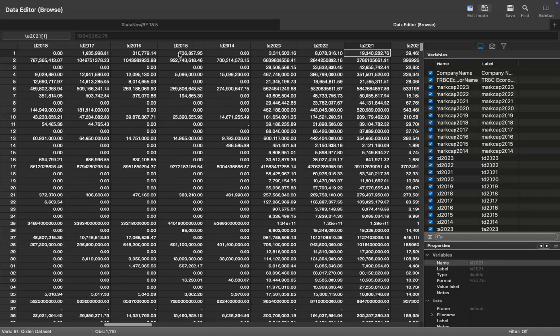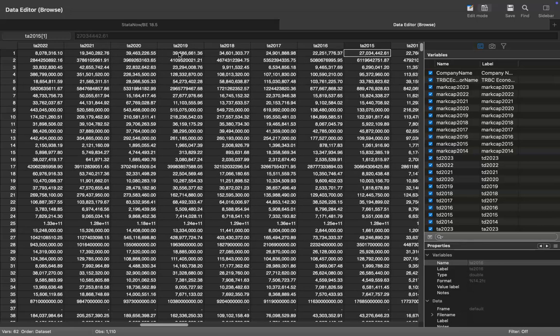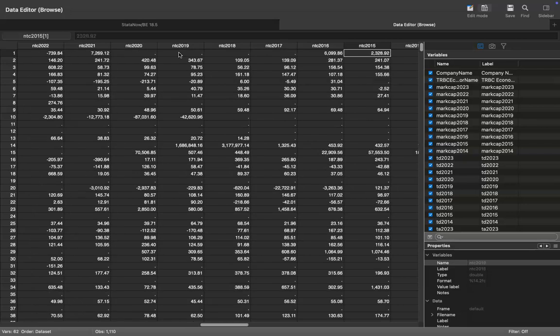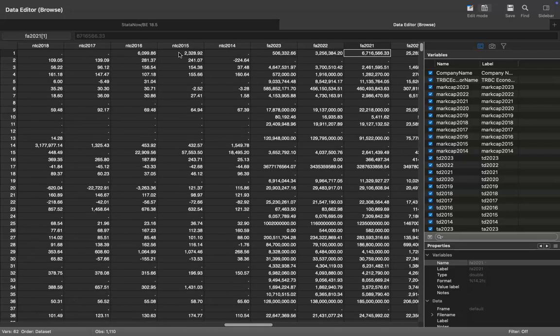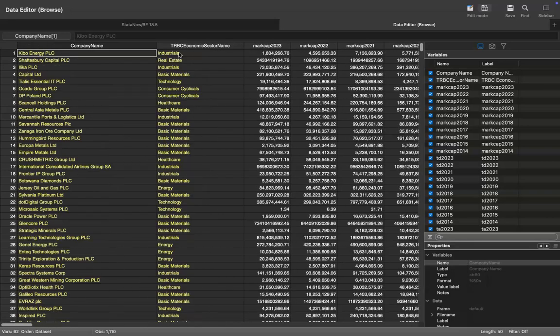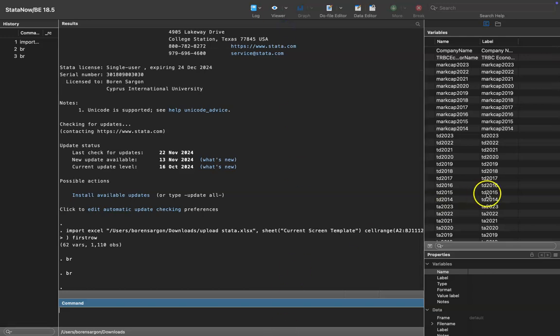Now I need to give an ID or cross-section to these variables. So I need to write a command to convert these company names, maybe the TRBC economic sector right now, into a numerical format that Stata will understand. Now, I'm going to use the company name. The company name has to be formatted in a numerical way so Stata can understand, so I can use it as a cross-section. So in order to do that,